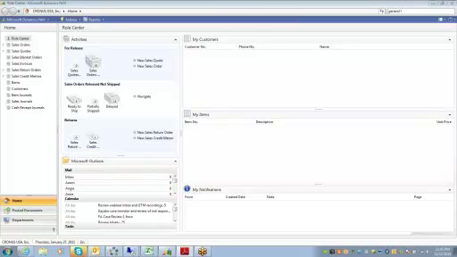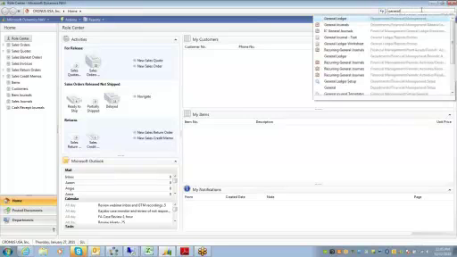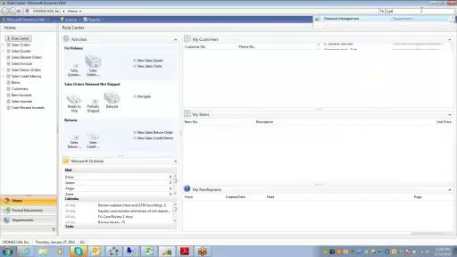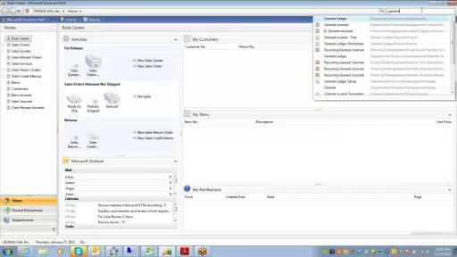Now, there are many different areas of setting up dimensions, and today, in setting it up, I'm showing you the RTC version, which is our 2009 R2. We do not have the 2013 up yet for demoing on that, but we will shortly. So the very first thing I'm going to go to, as we talked about setting up your dimensions, is your general ledger setup, which is your key to where you put in your global dimensions. So once you have your dimensions set up,